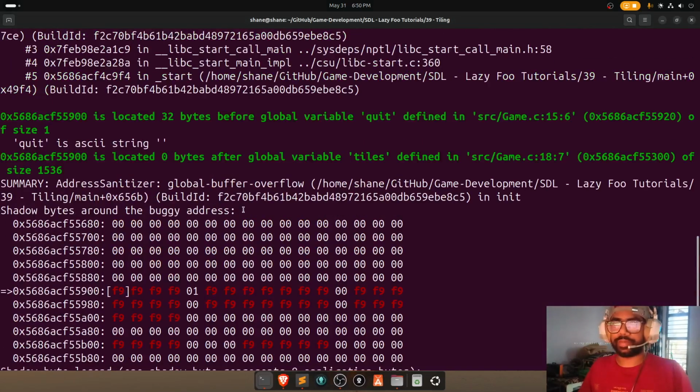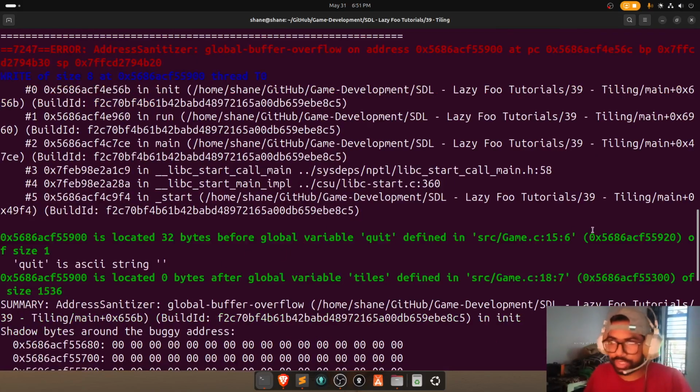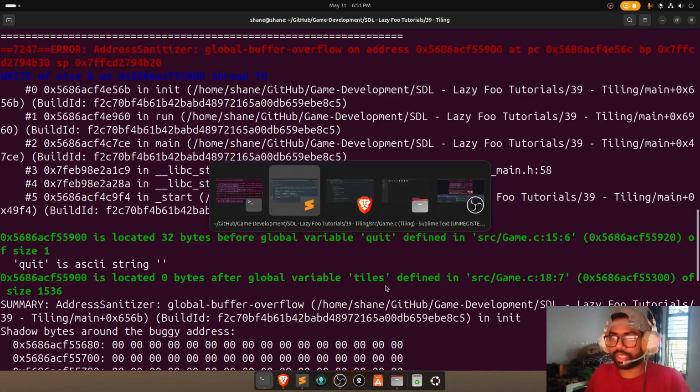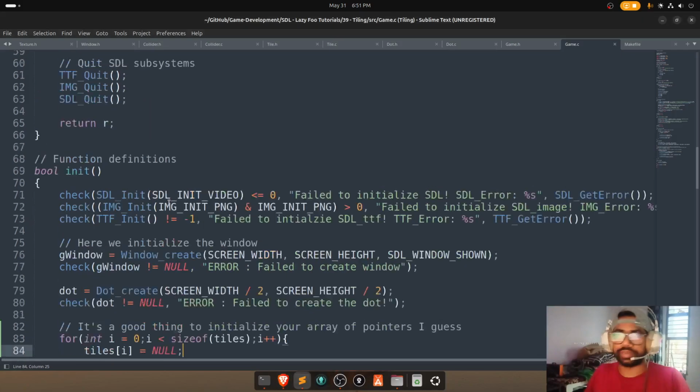Okay. Now there's something wrong. It did something on global variable quit of size 1. Quit is ASCII string. This is allocated 0 bytes after global variable tiles. Okay, which is a problem